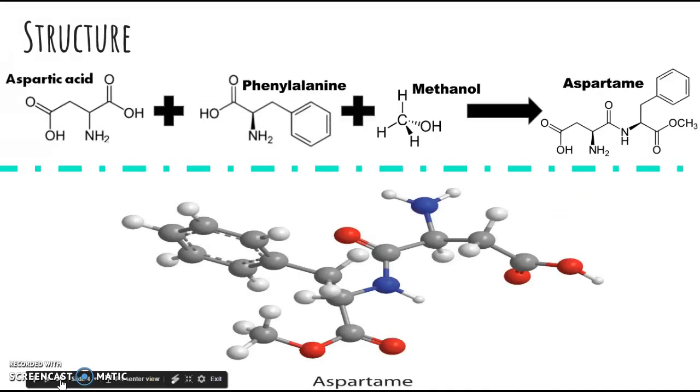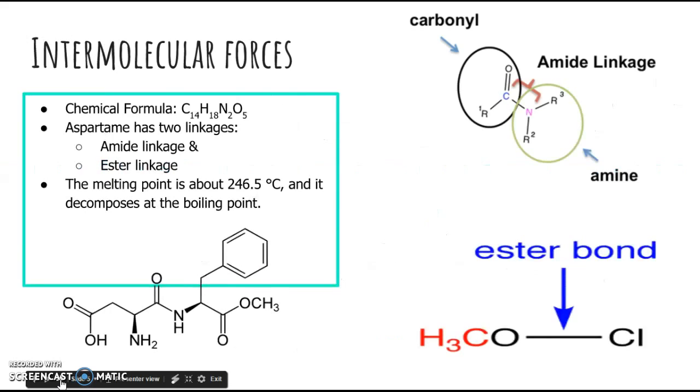So, the structure of aspartame. Aspartame is synthesized via 3 smaller macromolecules. In the chemical synthesis, the 2 carboxyl groups of the aspartic acid are joined into an anhydride. Aspartame is the methyl ester of the dipeptide of the aspartic acid and phenylalanine. Under strongly acidic and alkaline conditions, it loses methanol by hydrolysis. This creates the large aspartame molecule structure.